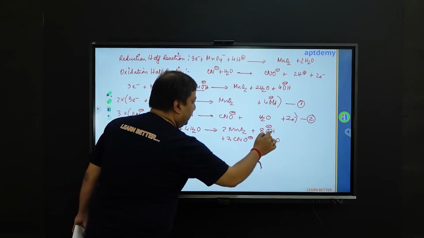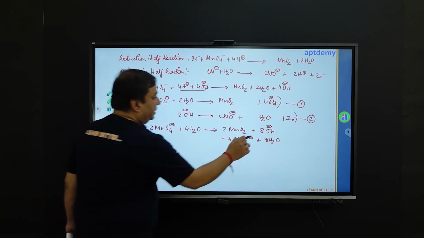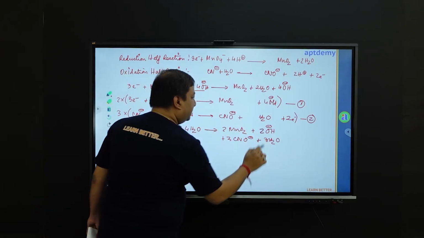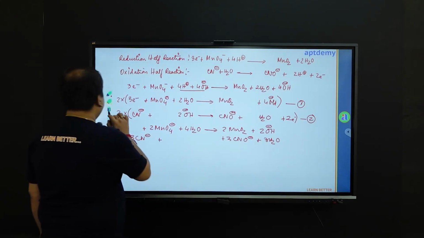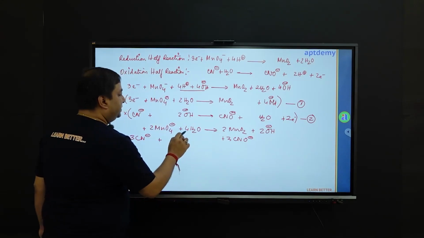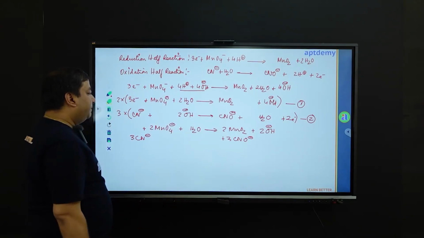Here there are 8 OH minus ions, here there are 6, so we will remove this one and write 2 over here. There are 4 water molecules here and 3 water molecules over here, so we remove this one and just write 1 water molecule over here. Now again, if we recheck,